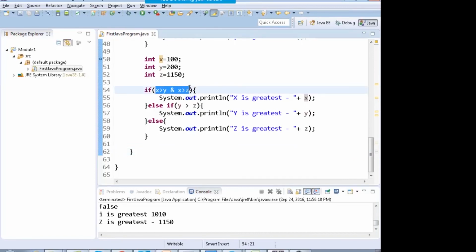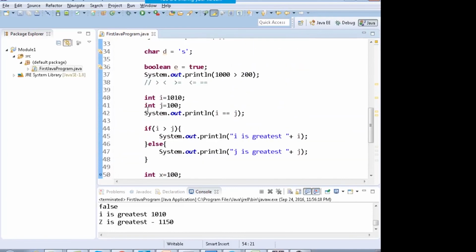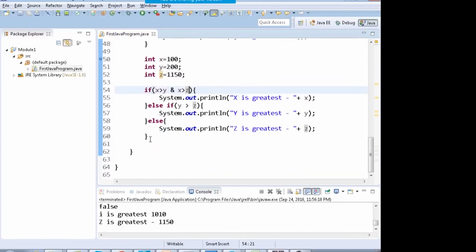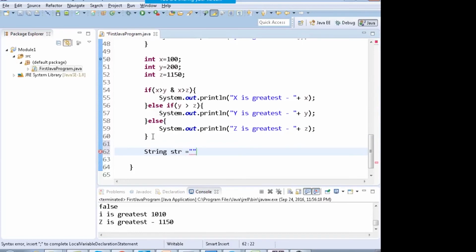Fine, now this was about basic data types and the basic if statement. Now there is something known as string as well. I'll write over here, string str is equal to "we are learning Java for Selenium". In string you can hold many characters together.